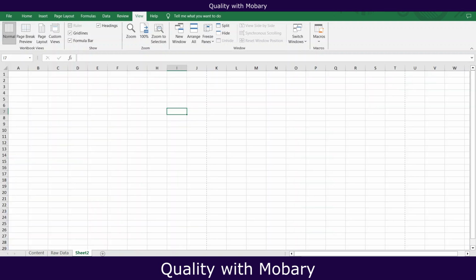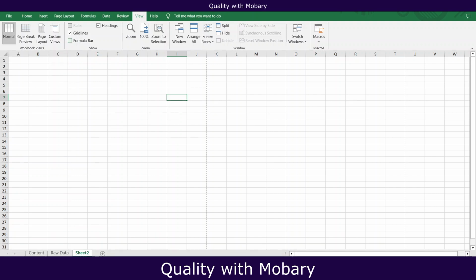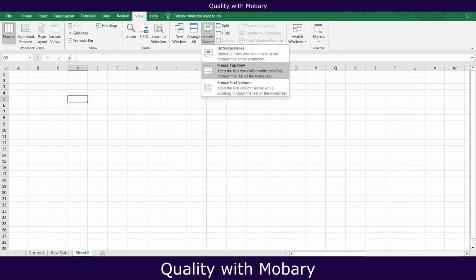So this is where you can control the view for the workbook. Whether you want grid lines, whether you want headings, the formula bar. You can remove this one in case you're not using formulas, for instance. For this one, you can either freeze the top row or freeze the first column so that